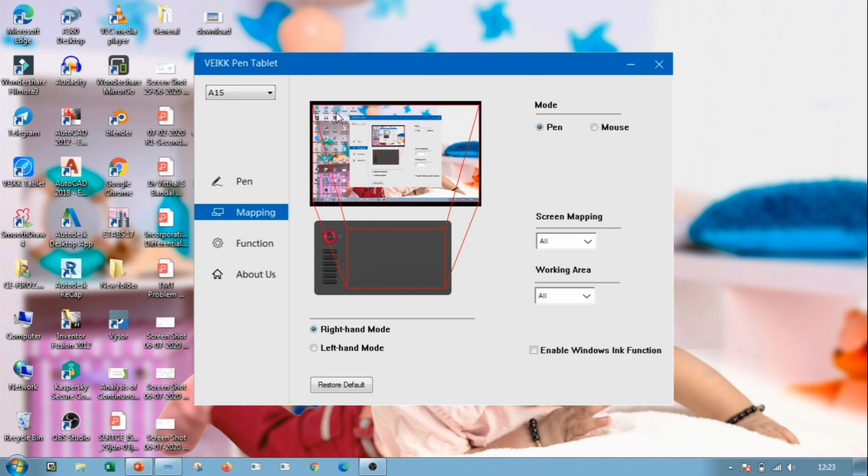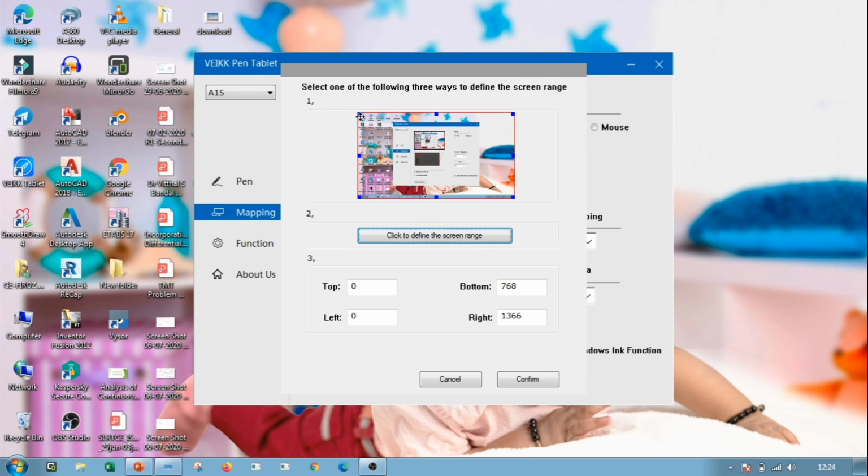Here the entire screen of the laptop is mapped with the plate of the tablet. If you want to choose the part of the screen to be mapped, you can go here, click on part, just select whatever screen you want to map with the tablet.